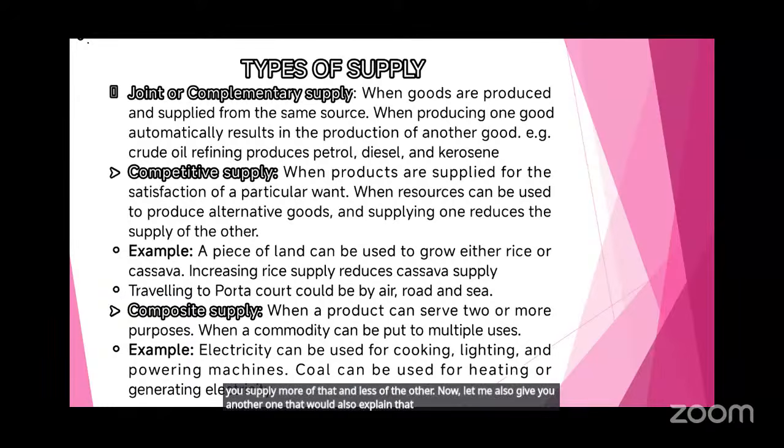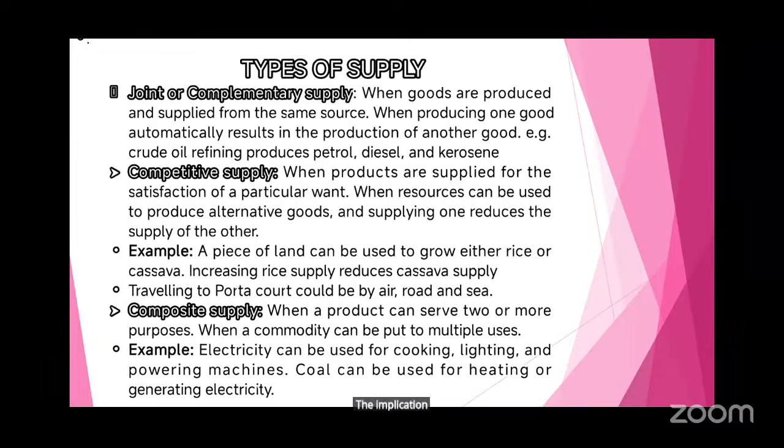Let's assume that you want to travel to Port Harcourt, which is your desire, which is your want, getting yourself to Port Harcourt. You can get to Port Harcourt by air, you can get to Port Harcourt by road, and you can get to Port Harcourt by sea. The implication of this is that you choose one, and once you choose one, that means that you have essentially reduced